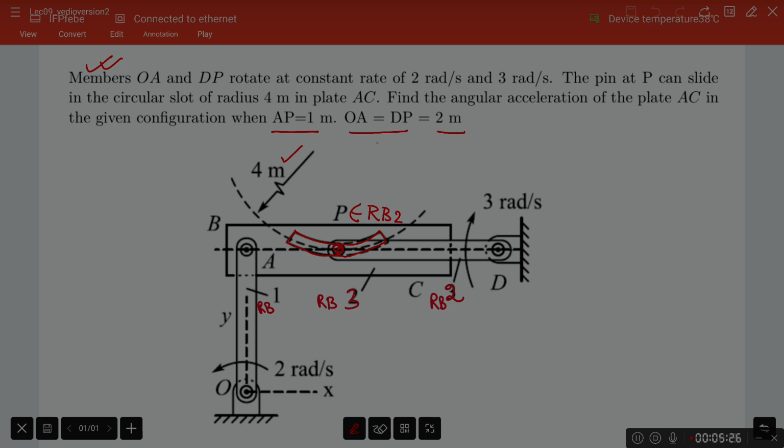So the first sentence says members OA and DP rotate at constant rate of given numbers. Since I have numbered member OA as RB1, the first piece of information that I want to list here is